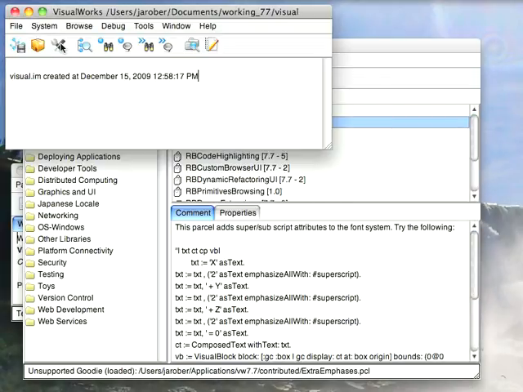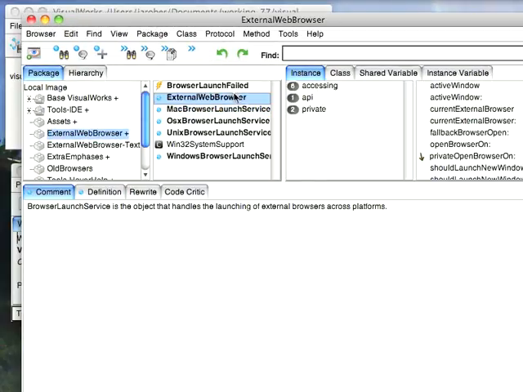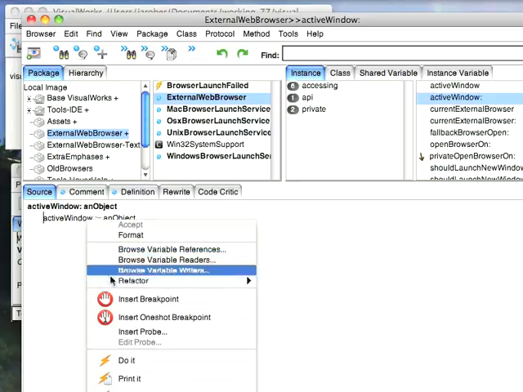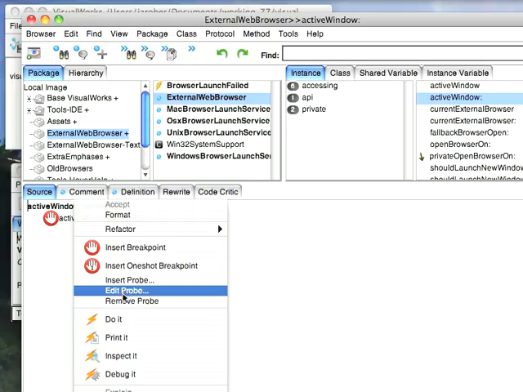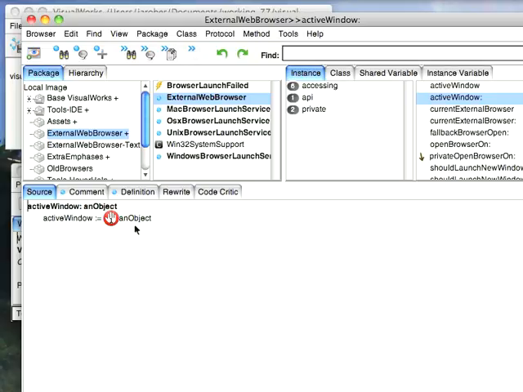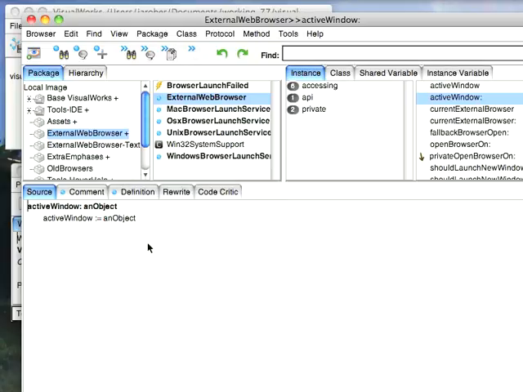Now once it's in, let's do this. We'll open a browser and we'll pick that same package. We'll go here to this method. We'll put the cursor here and we'll say insert a breakpoint. Notice we now get this little hand. If I remove that probe and say I want to put a one-shot breakpoint in, you're going to get the little hand with the 1 on it. So you notice that this is nicer all by itself right away, but it gives you a couple of extra